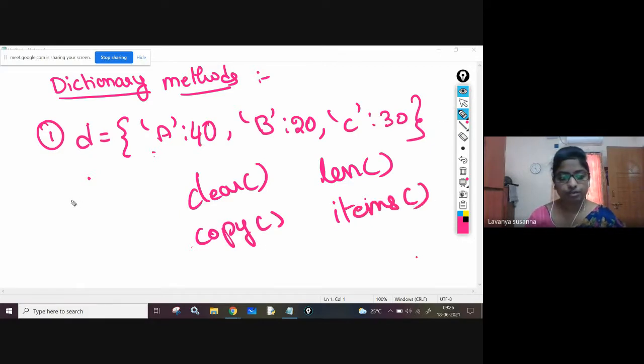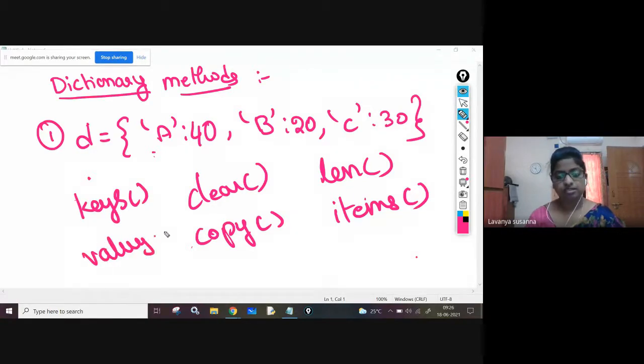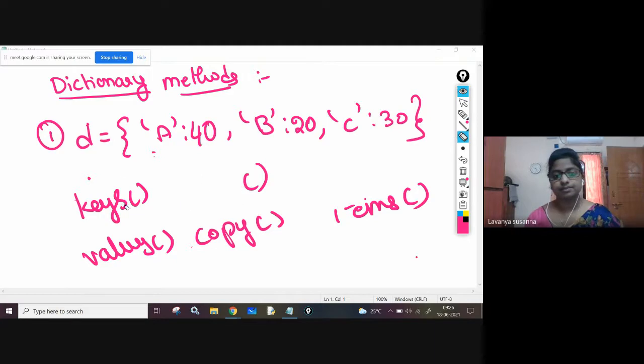And how to retrieve keys: the keys function and values function. All of these you need to call using d dot keys, d dot values, d dot clear, like that. That means the dictionary object dot that method. Okay, items is completed, right?